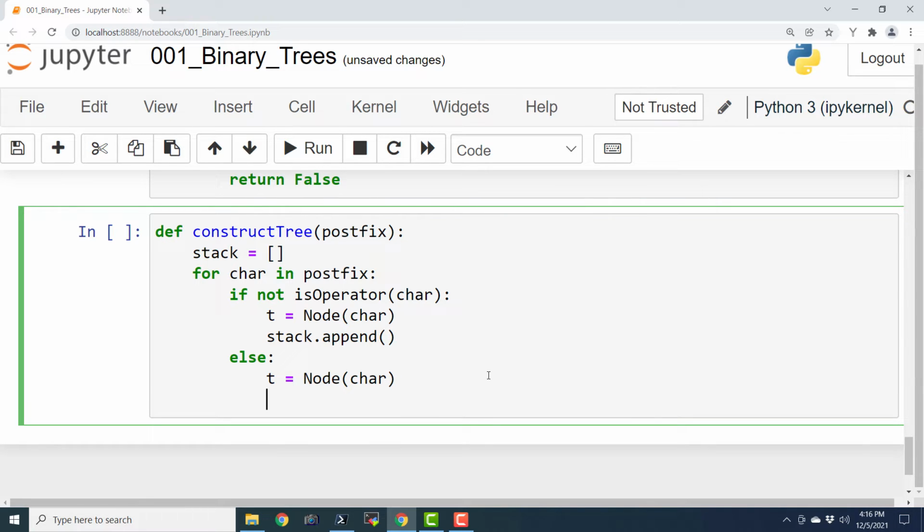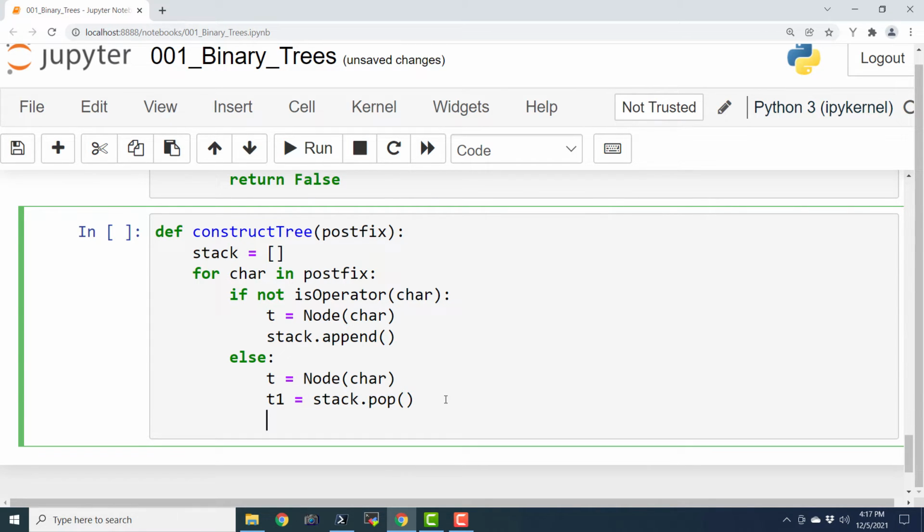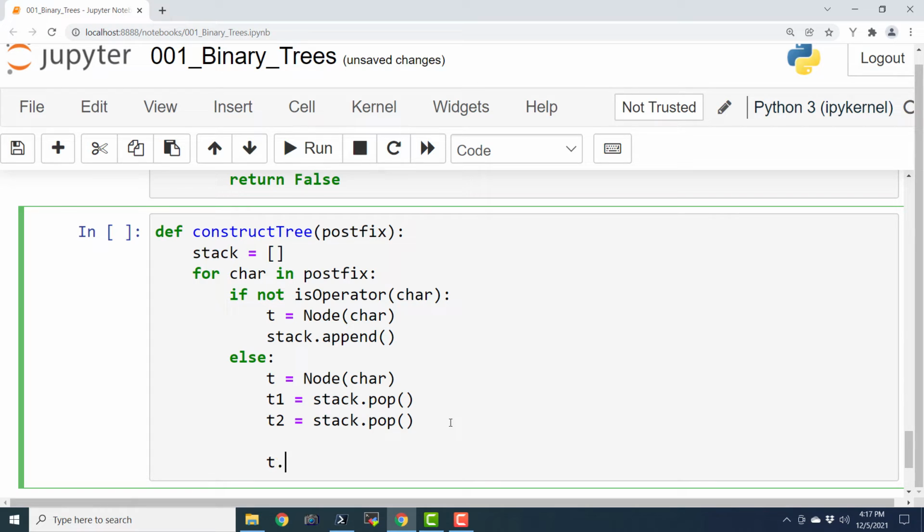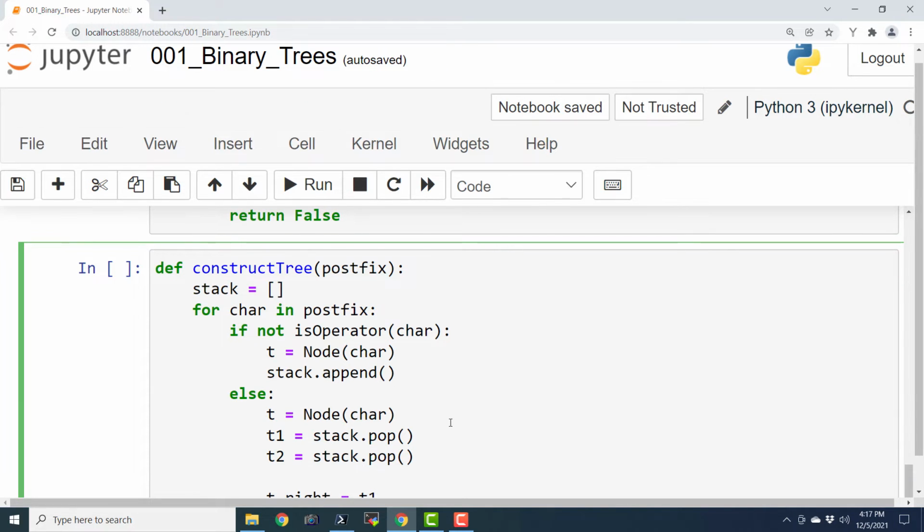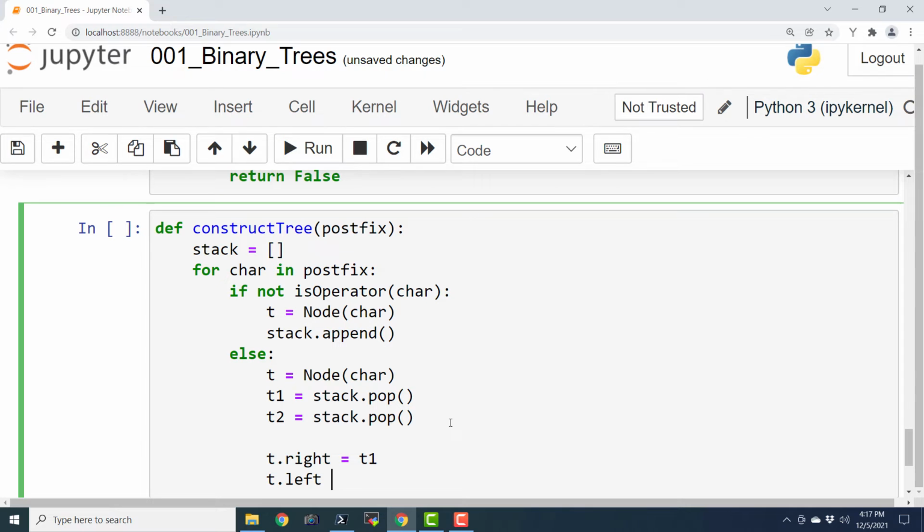We are going to pop two values from the stack. So t1 equals stack.pop, and similarly t2 equals stack.pop, and I will say t.right equals t1, t.left equals t2.